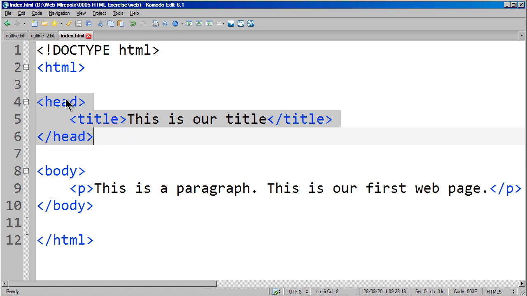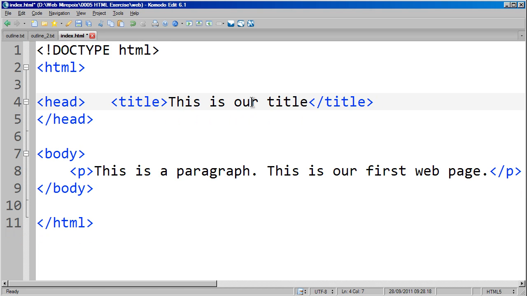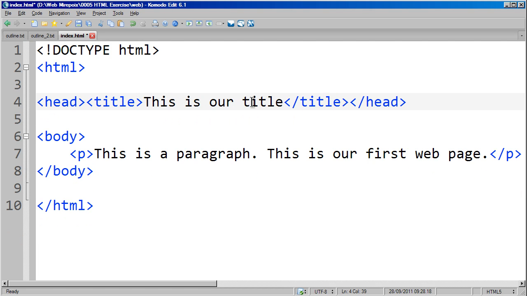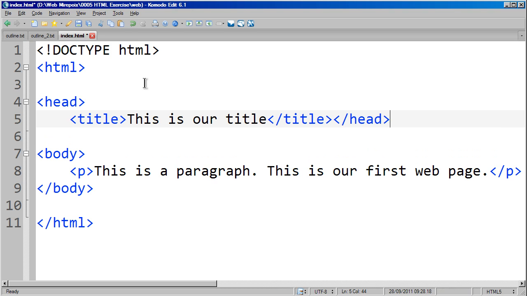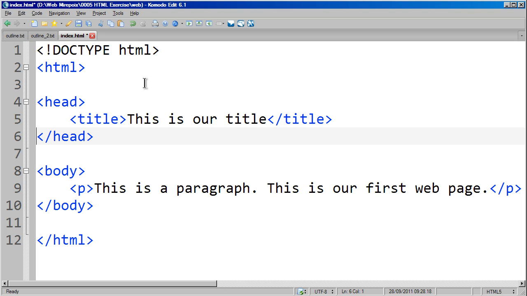Alright, now also notice that the head is an element. Okay, here is its start tag, its end tag, and the head's element content is all this. Alright, so if I put that in line, that may be easier for you to grasp. Something like that, right? We got the start, the end, and the element content. Alright, see how we're nesting these tags here? And that is what you do when you create HTML documents, is that you're constantly going to be nesting this,